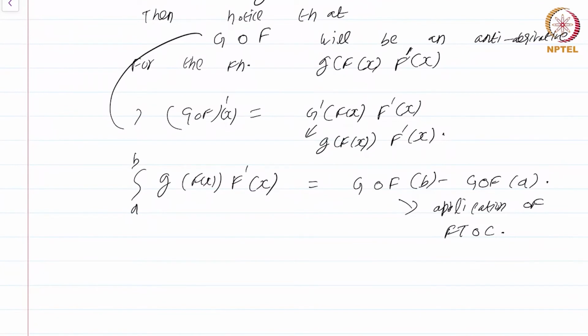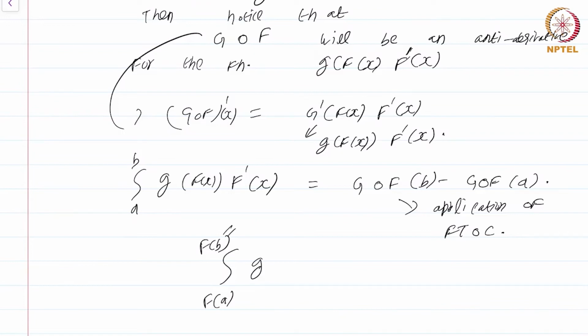Please look back in the original modules on the axiomatic characterization to see why this follows from the fundamental theorem of calculus immediately, or better yet, just sit down right now and prove it. It's just going to take you 2 minutes. So integral a to b of g of f of x, f prime of x is just G of f of b minus G of f of a, which is nothing but integral f of a to f of b of g.